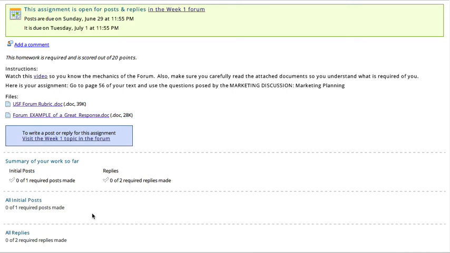I hope that helps you better understand what my expectations are, and that you can use that to your benefit. So apply yourself to this, really get into the discussion, go back and forth. You can make multiple replies. That's when these articles and questions become very helpful to you.